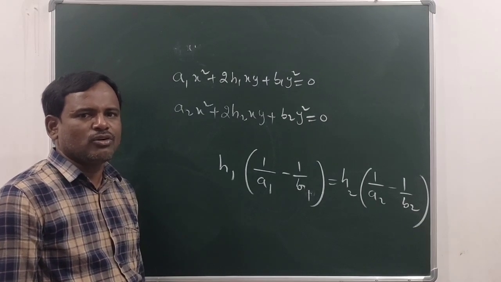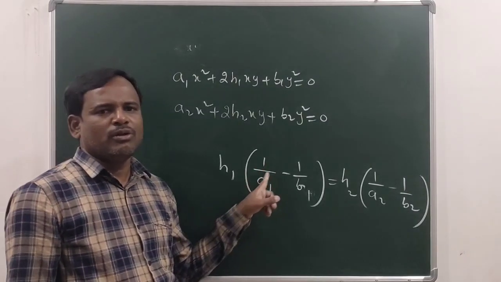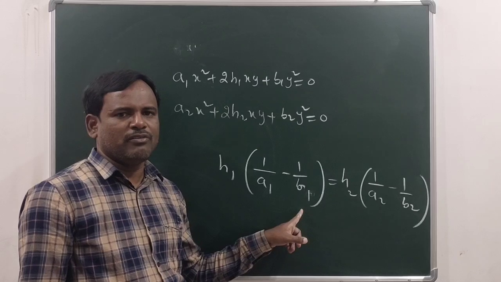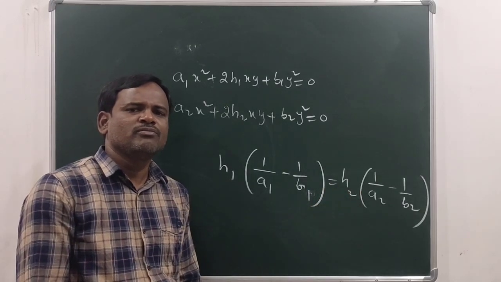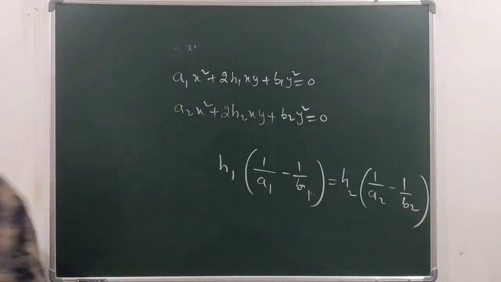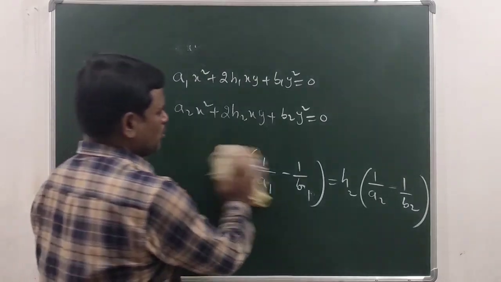So how do you find that unknown value? By applying this condition: h1 into 1 by a1 minus 1 by b1, which is equal to h2 into 1 by a2 minus 1 by b2. Right? I hope you have understood this common line condition. Now let us go to